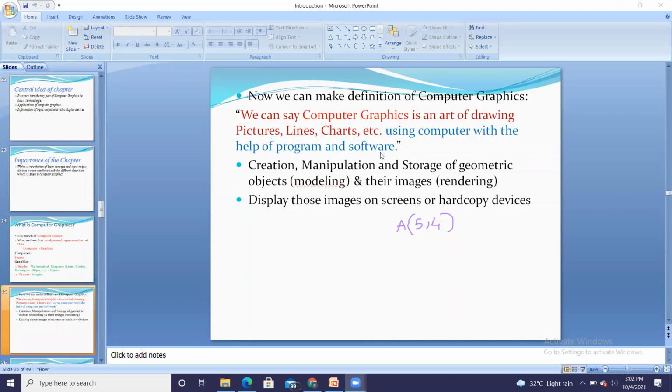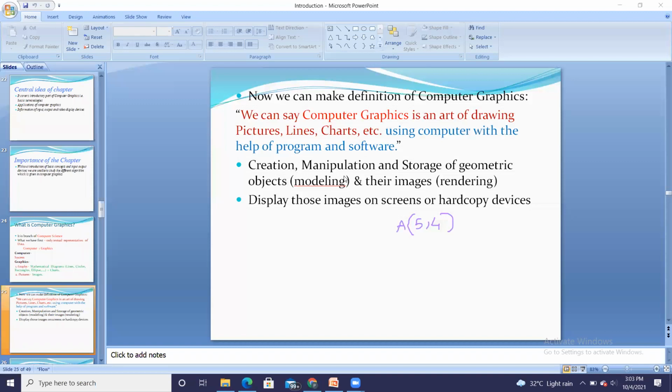So here we are going to use Turbo C++ only as a software, where we are going to check the working of the algorithms and programs to achieve these images on the screen, right? So computer graphics is a branch of CS where we can draw objects using the computer with the help of Turbo C++ and the different algorithms.